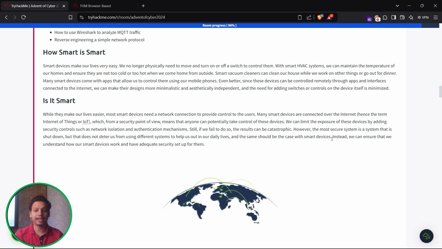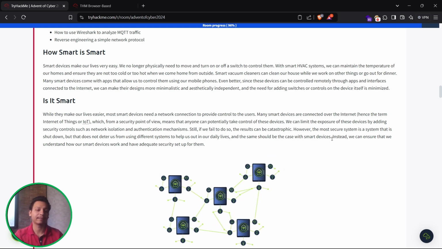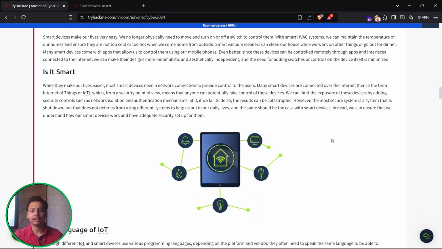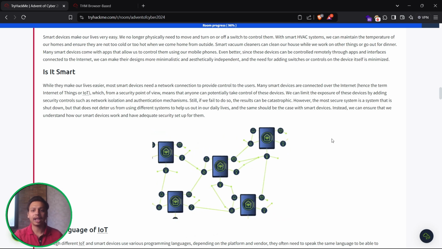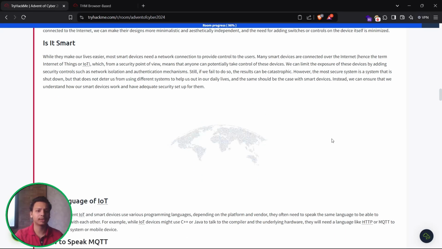We can make their designs more minimalistic and aesthetic, and the need for adding switches or controls on the device itself is minimized. So, is it smart? While they make our life easier, most smart devices need a network connection to provide control to the users.